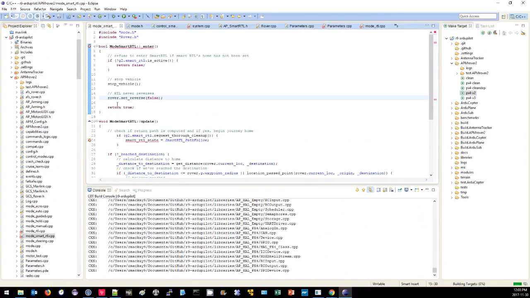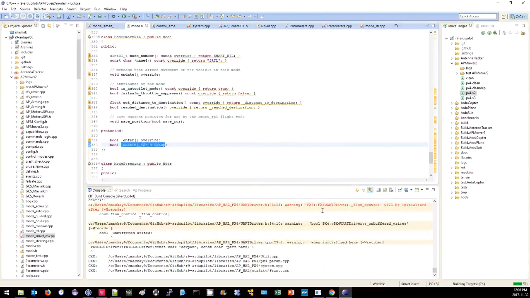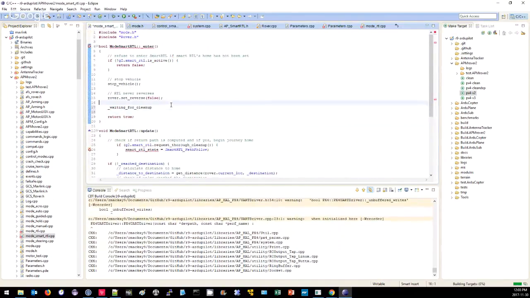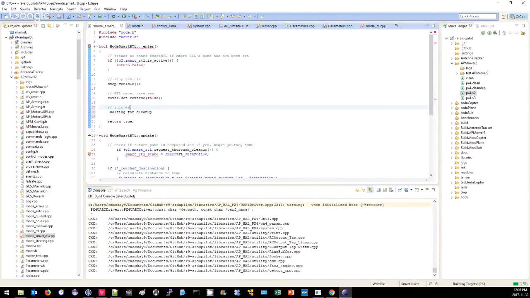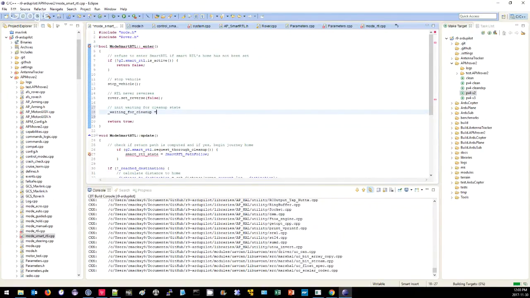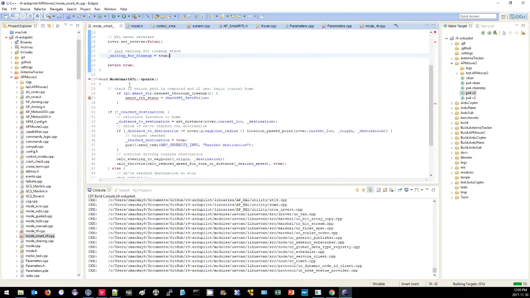Okay, and then we need to set that new variable, this one here, this waiting for cleanup, to be true. Oops, it's not related. Init, state, how do I? Non-comment, really. Okay, initialize that. Then inside of the update,